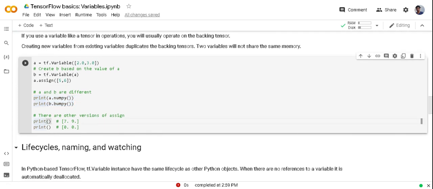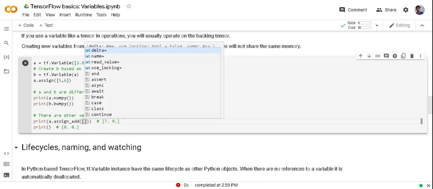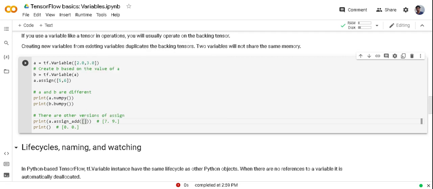Some other versions of assign are a.assign_add. Whatever you pass into this function will be added to the original variable. Like here I'm passing 2, 3, and it will be added to 5, 6, so it will become 7, 9. The other one is a.assign_sub.